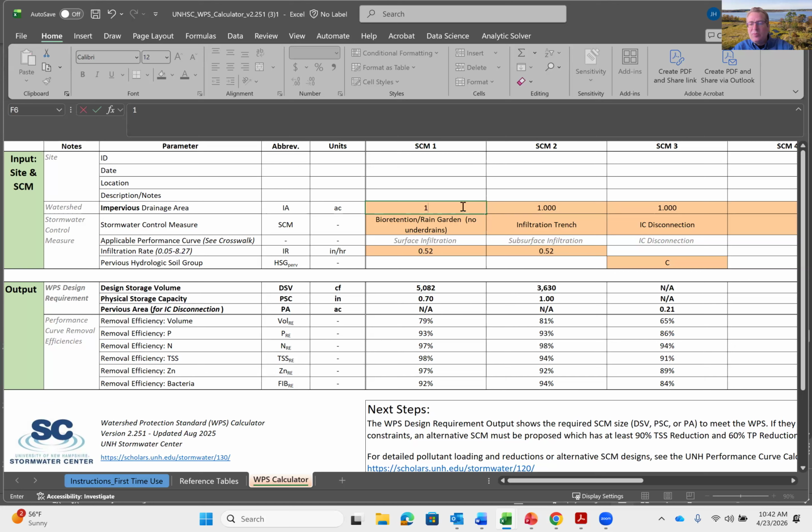So you're going to add your contributing area, and then you also have to add your stormwater control. Here you can already see, hopefully, that there are many fewer structural controls available than in the traditional calculator, because we're only identifying stormwater controls that have an infiltration component.